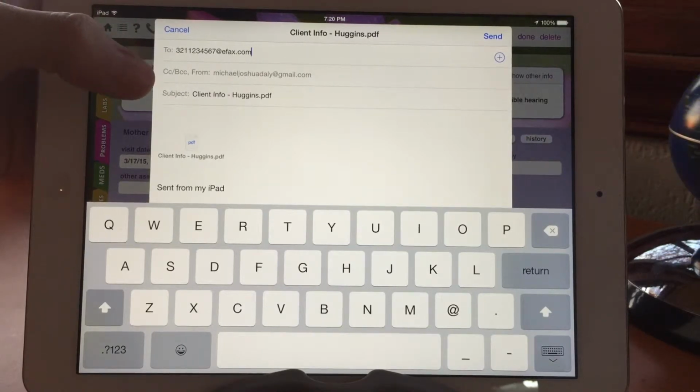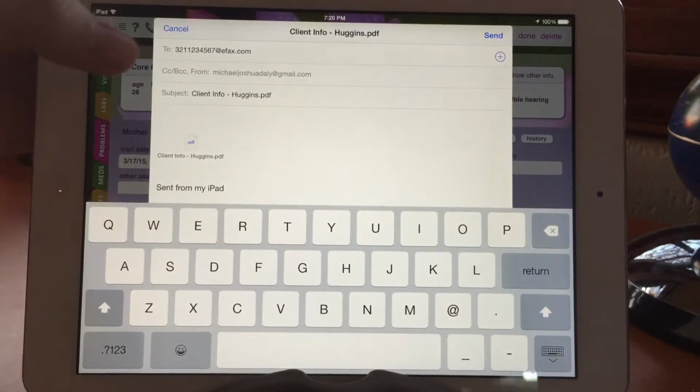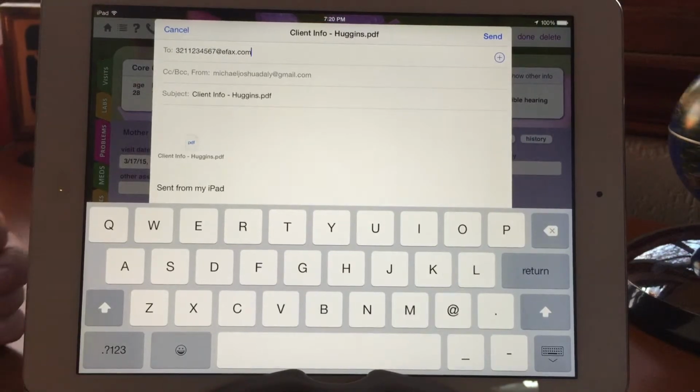The from address doesn't matter. It'll just send from whatever email you have as your default email on your iPad. You can see there's an attachment here, and so eFax will take that PDF attachment and fax it out to the fax number that's part of the email address. And so then I would just press send, and then I would get an email back from eFax that says,